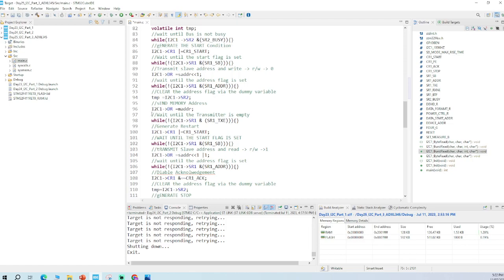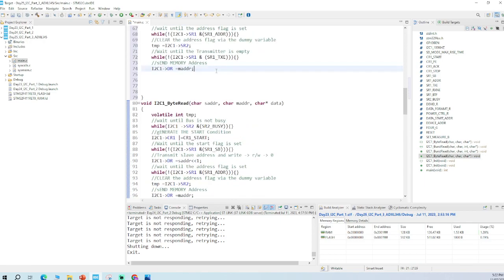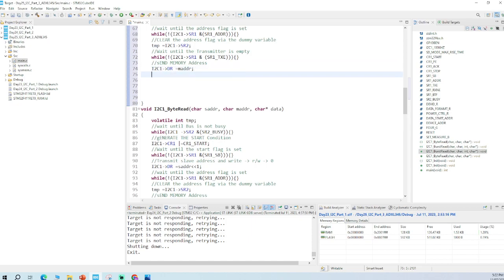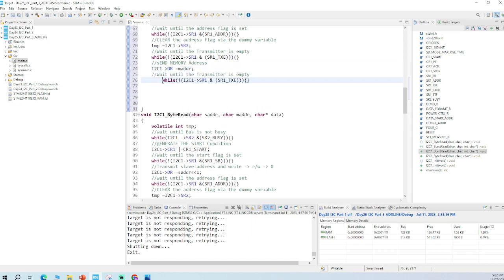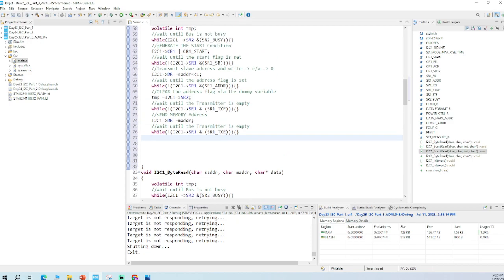Okay, we need to use this, wait for the transmitter to be empty again. After sending the memory address, transmitter is empty. Then once the transmitter is empty, wait until the start flag is set. So wait until the start flag, which is this one,